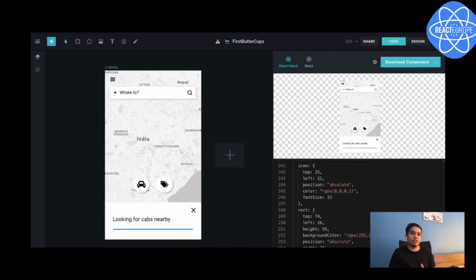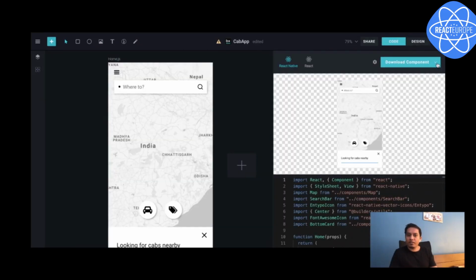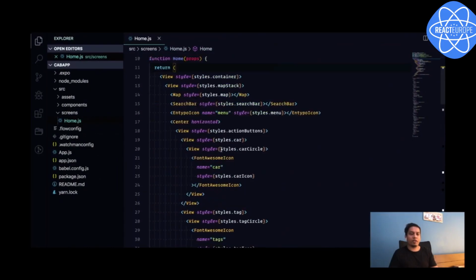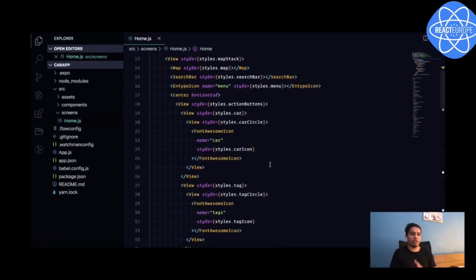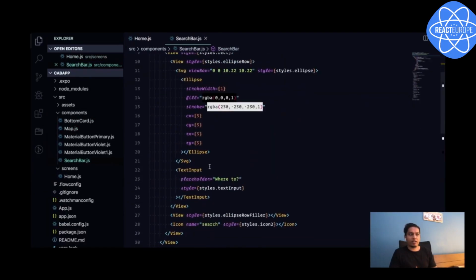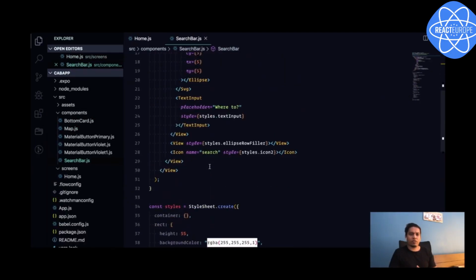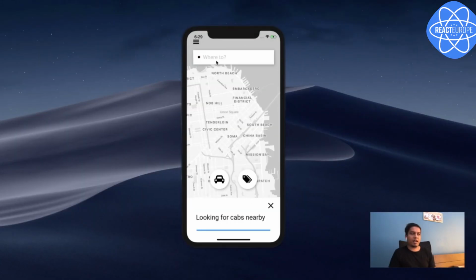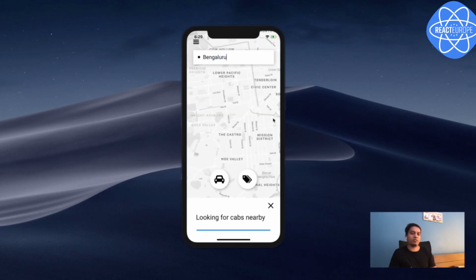As soon as you're good with the design, you can select elements to reveal the code, and you can take that code in, say, VS Code or any choice of your editor, and add the business logic on top of these UI components, and boom, you have the app running in the simulator. There's a React Native app that's using Expo, and it's fully functional from design to a real app.